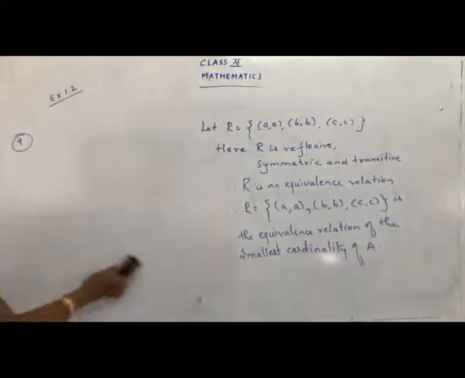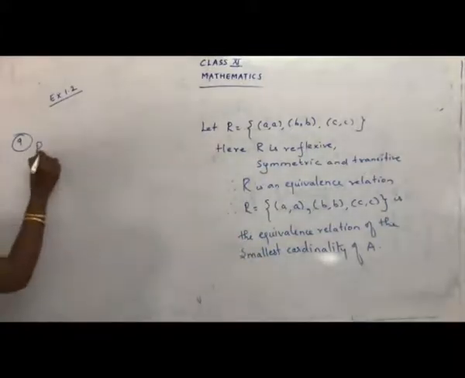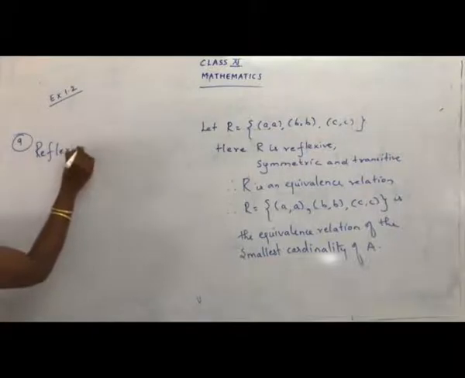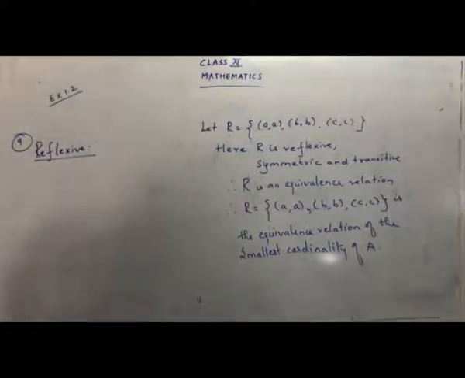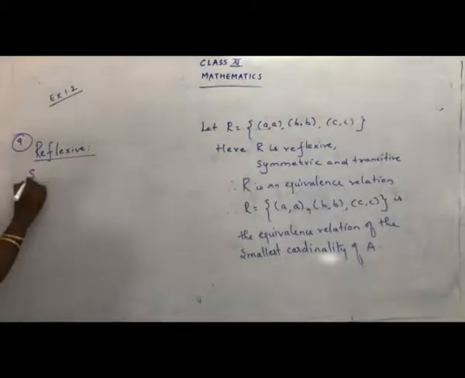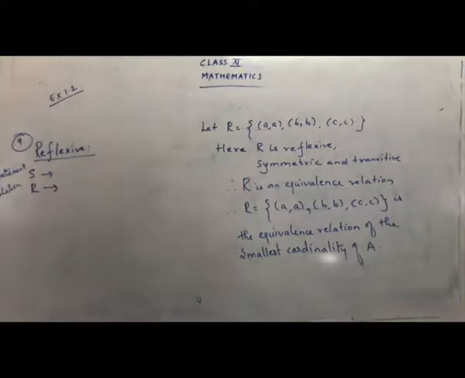So whenever you are checking for an equivalence relation, the first thing is reflexive. So write out the first part, reflexive. And how do you write for reflexive, children? Statement and the rule. What is the statement? S is statement and here R is relation. Okay, what is the statement given? M minus n is divisible by 7. So that is for the statement part.